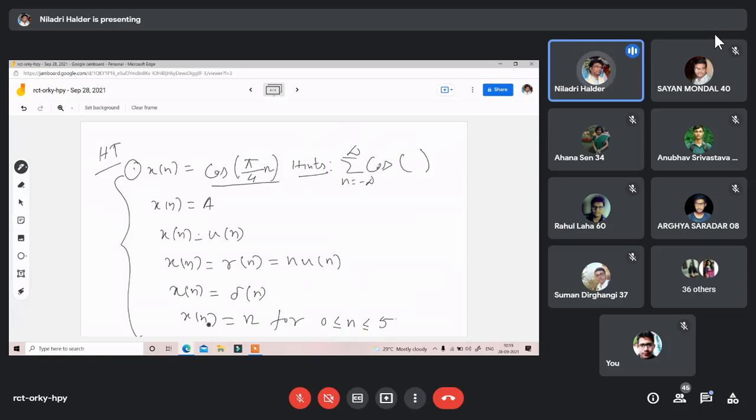Now, if that type of case comes, then it will be infinite, because it is proved, or you can separately check it, that the angle of the cosine value varies over a range from minus infinity to infinity, then the summation of that cosine value will be infinite. That is one case. And if we consider a finite range,